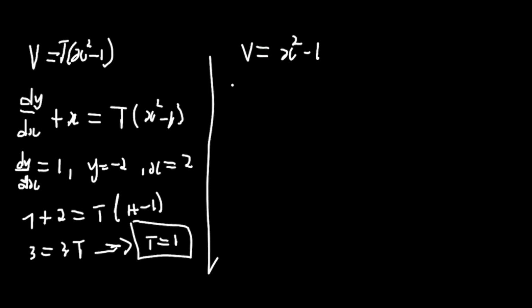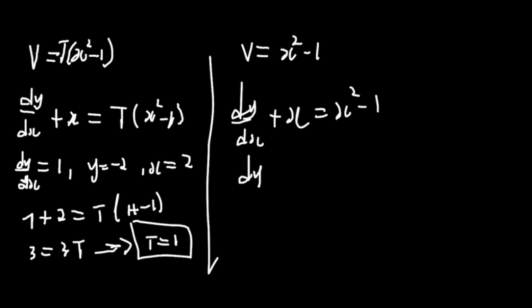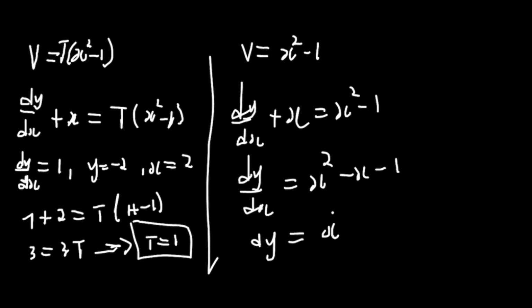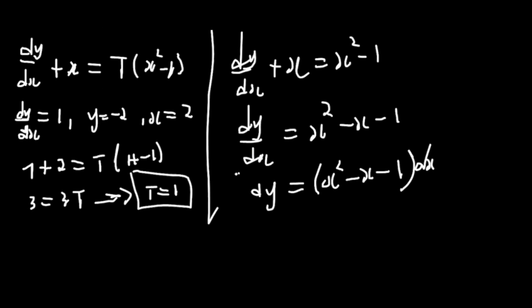So now it means that our v will simply be x squared minus 1. But what do we know? We know that v is dy all over dx plus our x. So this means that our dy all over dx will simply be x squared minus x minus 1. Therefore our dy will be x squared minus x minus 1, all of that dx,